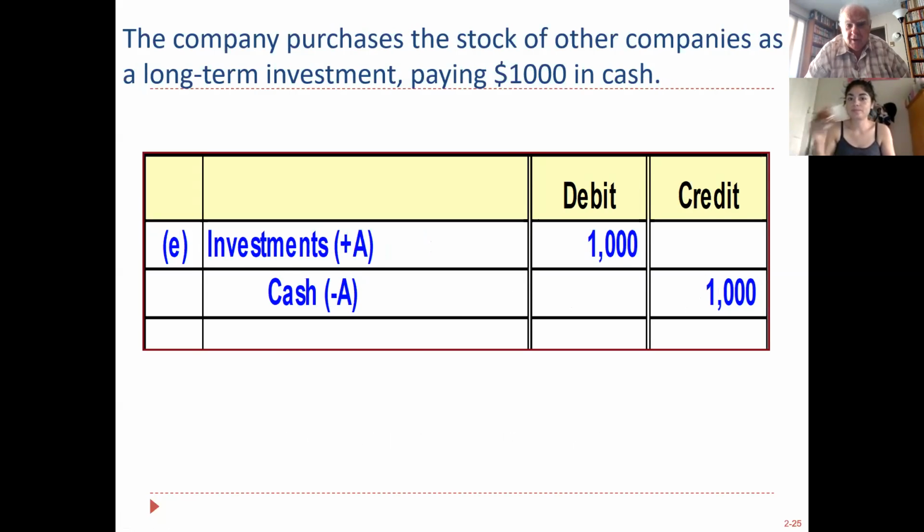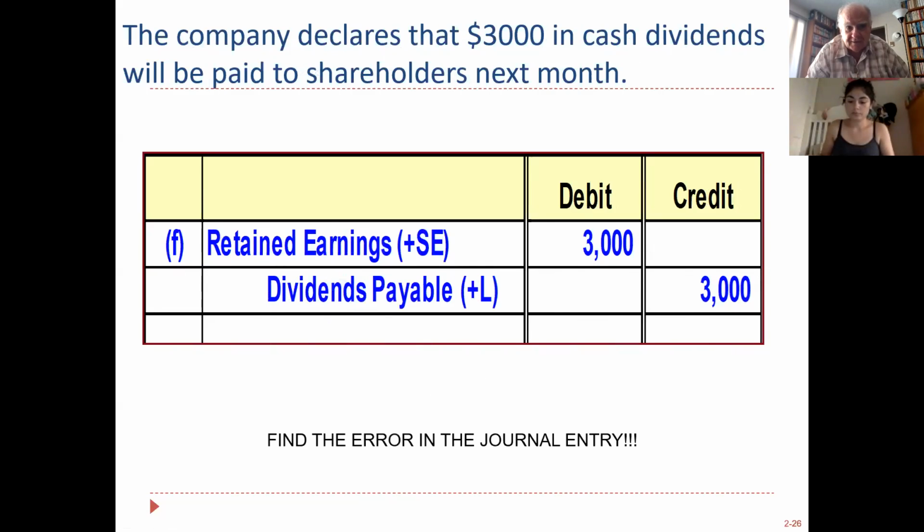We purchased stock in another company. Papa John's is making money. Their business is making pizza. They're selling those pizzas and strombolis and cannolis, and they've got a lot of cash lying around. So they decide to buy $1,000 worth of Microsoft stock. That's an asset, and they used cash to buy it. That's another asset. Debits equal credits. Again, just an exchange of two assets.